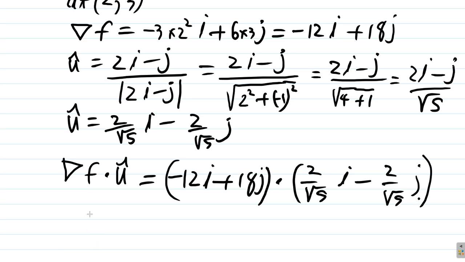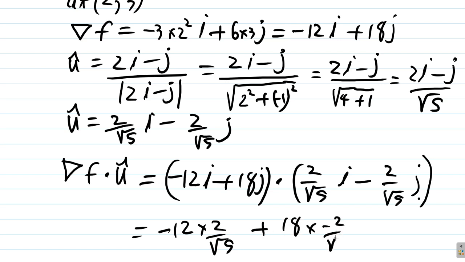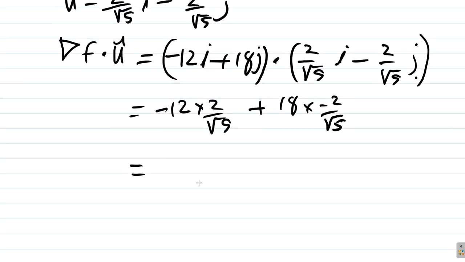So now, here, you have this being equal to this times this plus this times this. Just that. The i component by i component plus j component by j component. So it's negative 12 times 2 over the square root of 5 plus 18 times negative 2 over the square root of 5. See that? So you have 12 times 2, that's negative 24 over the square root of 5 minus 18 times 2